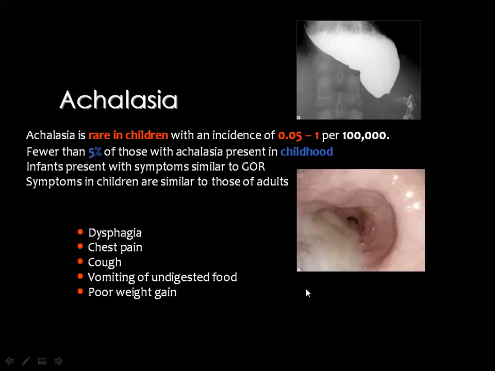And the symptoms of achalasia in infants are similar to gastroesophageal reflux, while the symptoms in children are similar to those of adults, including dysphagia, chest pain, cough, vomiting, and poor weight gain. Achalasia results from a sort of neuromuscular incoordination in the distal part of the esophagus, which will not open in front of the bolus. Then you got tight narrowing of the distal part of the esophagus with consequent considerable dilatation